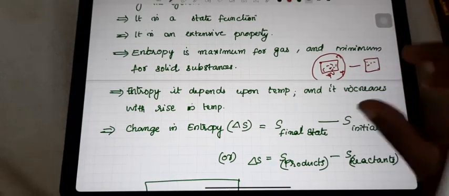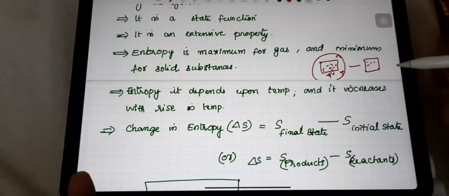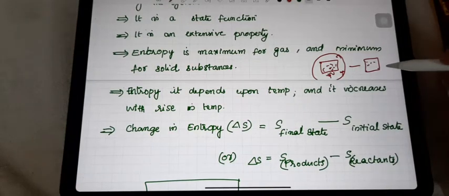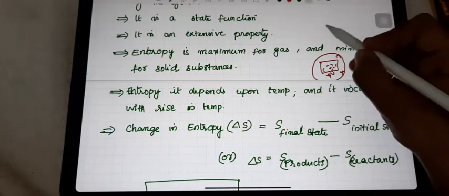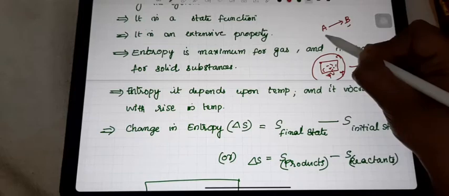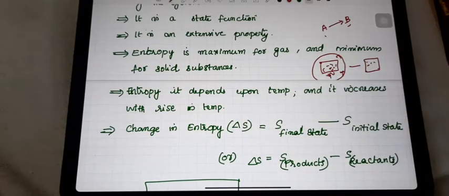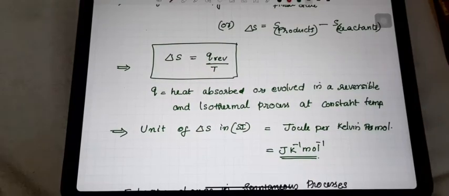When you know both disorders, you can find out this change in entropy, that is the entropy in the final state minus the entropy in the initial state. In the case of chemical reactions, the entropy of the products minus the entropy of the reactants, we can use for finding the change in entropy. Then another important thing,